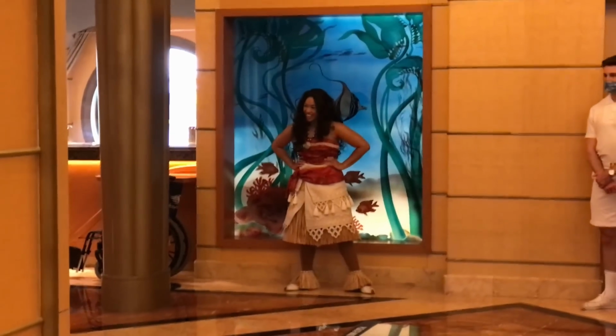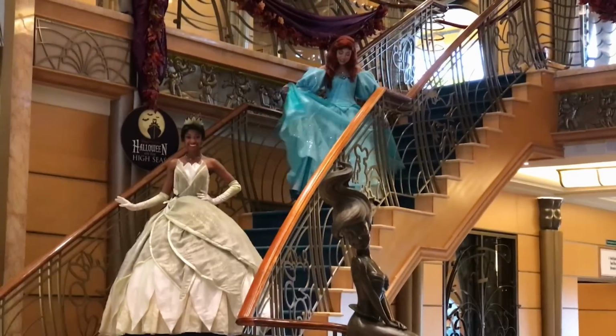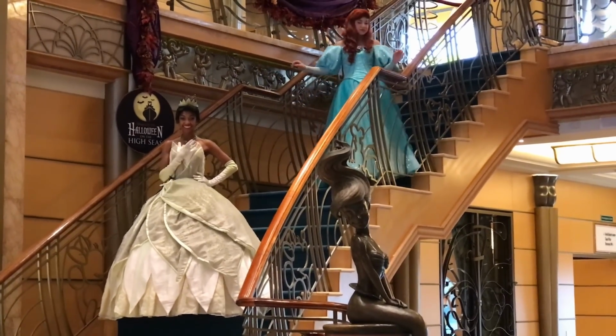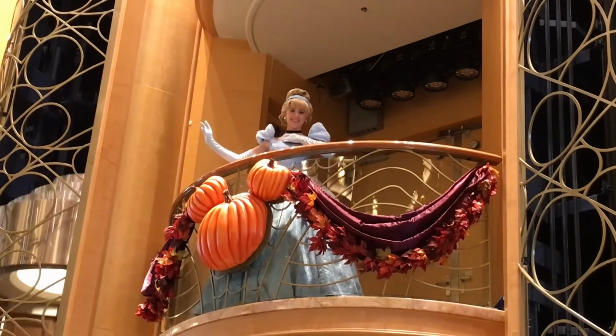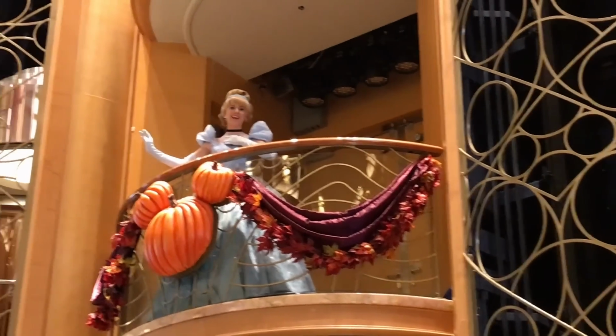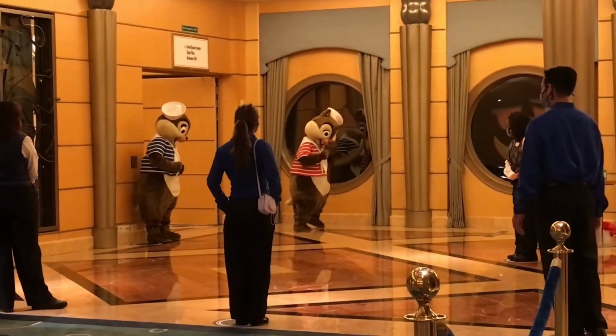My suggestion is to do a little bit of research into this photo package to see if it is an option for you. However, even if you do not get the photo package, 1, make sure you've always got your phone or your camera with you. There is almost always a crew member next to the photographer, and they are happy to use your camera to take a photo. 2, make sure near the end of the cruise you go in and look and see which